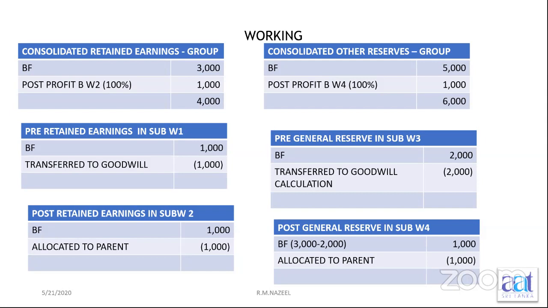Pre-profits will be taken to the goodwill calculation. Post-profit, if it is a fully owned subsidiary, will be taken to the parent, or we'll see some changes later with NCI, right? So I hope you understood how these adjustments come, right? So we said